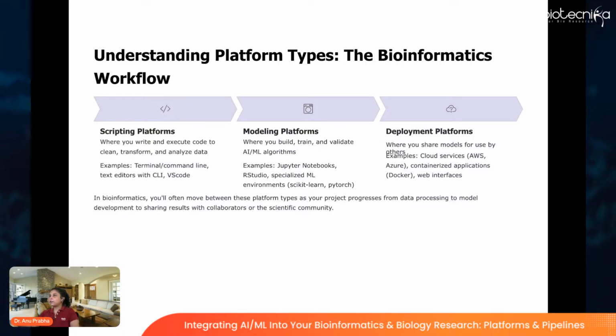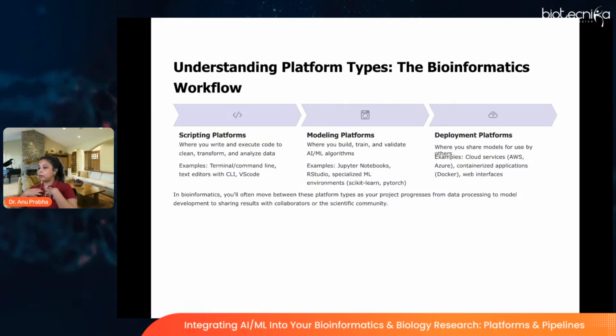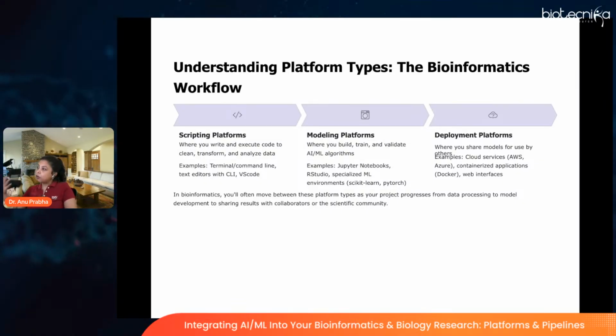The second kind of platforms we're talking about are modeling platforms. Once you have taken data, cleaned it, transformed it, and loaded it, now you want to do something with your data. Maybe you are trying to do some ML exercises, say a classification problem. I need to understand, now that I have all my data loaded onto the system, what kind of model I want to build, what is the most optimum model which will give me the best results, and how I will validate that. All that you can do on modeling platforms.